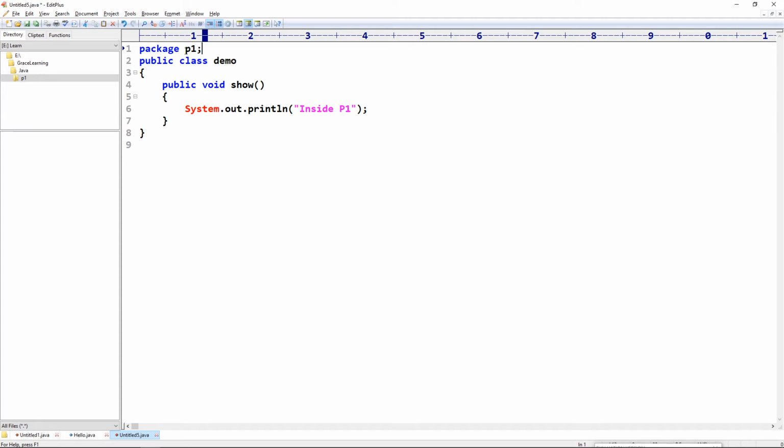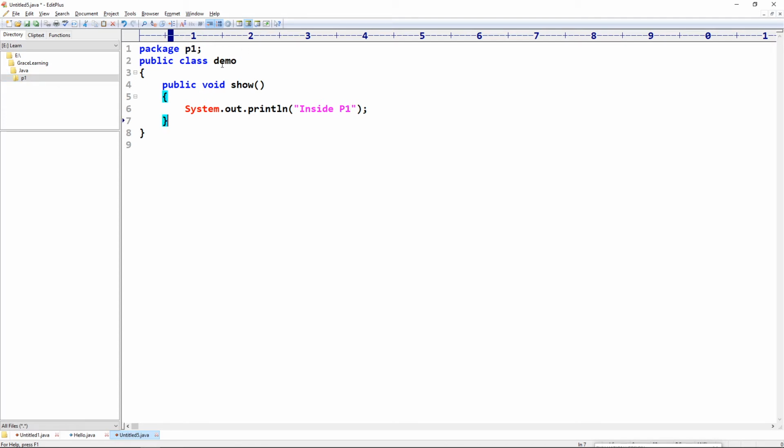Make sure that the name of the package and the folder inside which we are creating this file should be the same. Means inside the p1 folder we will create one Java file, inside that package, then the name of package must match this folder name p1.